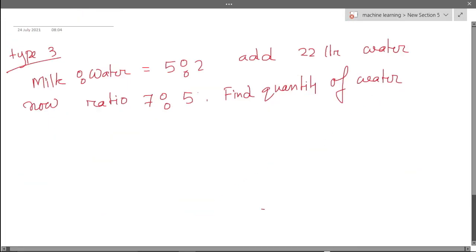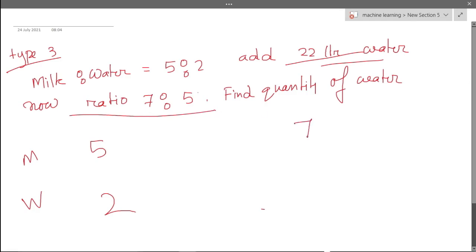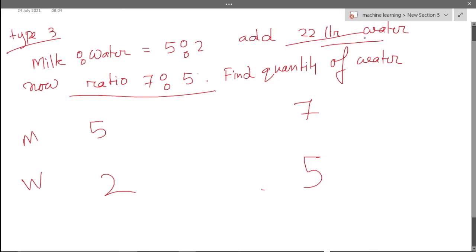Now look at this question. This is a different kind of question. The ratio of milk to water is 5:2. Now add 22 liters of water and now the ratio is 7:5. Adding water means the milk is the same, before and after. To make the milk the same,